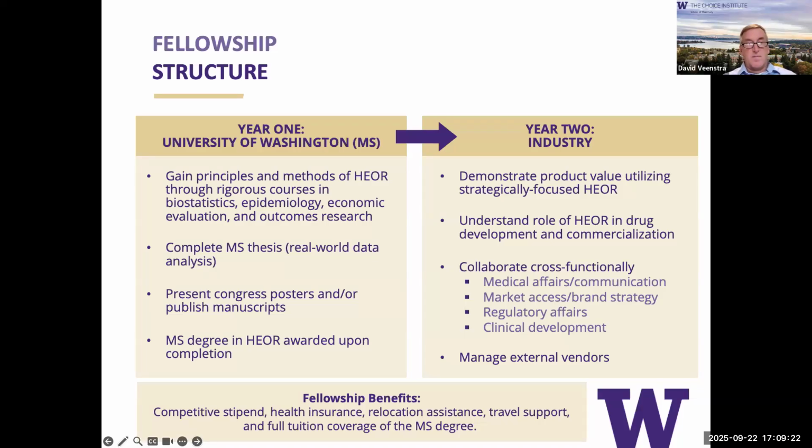Just kind of the standard support and benefits. You get a stipend, which is like a salary. You get health insurance, some relocation assistance, which varies a little bit from fellowship to fellowship. Travel support to go to meetings, and your tuition is also covered. So it's a pretty nice package, probably better than what you got offered to go to pharmacy school. Next slide.